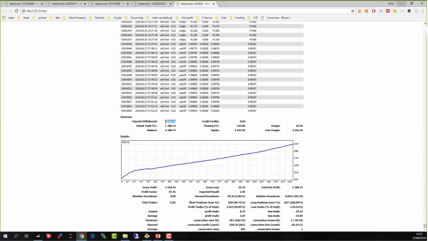Deposited $3,000 just under 4 weeks ago, and we are up $1,388, and that's under a month. So we'll do the math. What's that? 35, 36%. And look at the hit rate. We have almost a perfect hit rate. It's absolutely staggering. And so I think this is just a confirmation that it's really worth investing effort in